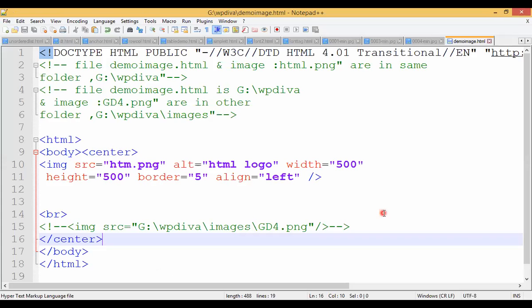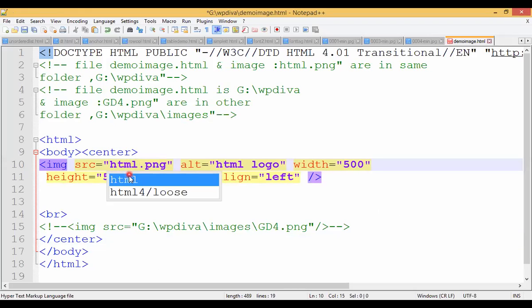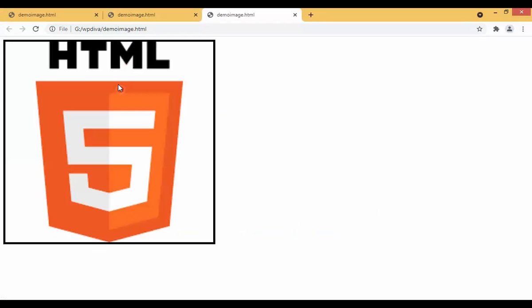So again, I will go back here, guys, and what will I do? I will put the original name, that is html.png, and again I will save. Every time you have to save the changes, right? And then only you have to execute. Did you see that? Now that alternative text is replaced by the image. Why is that alternative text replaced by the image here? Because the image name that we have given is correct. Understood? So this is all about attributes of the image tag. Okay.